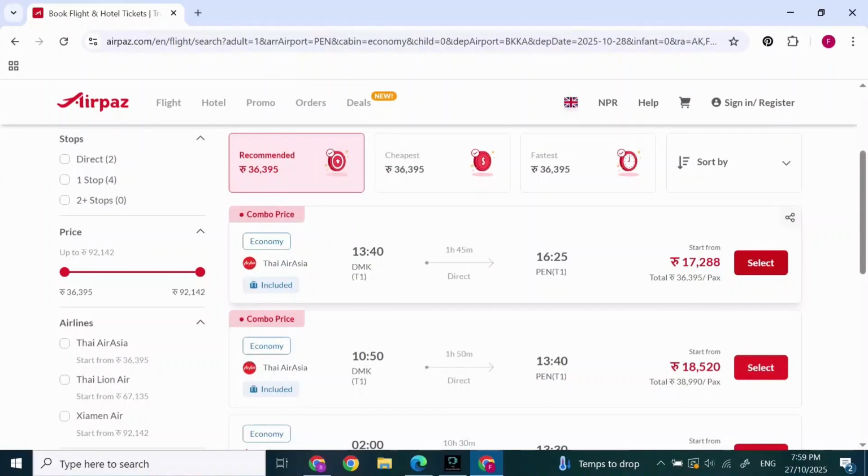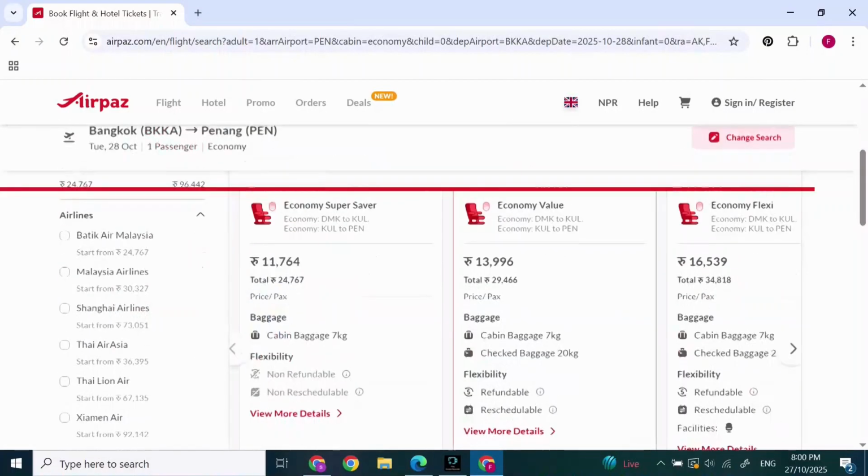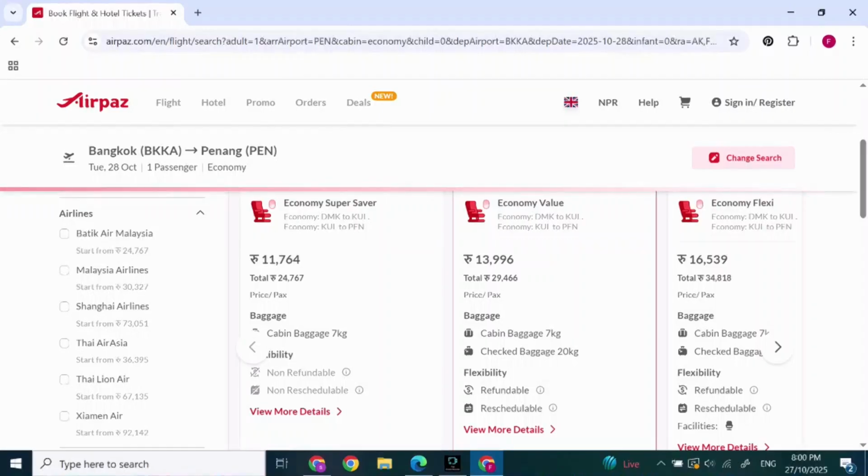After you've selected the flight, press on select. After you've pressed on select, you will find this kind of screen pop up. In here, select what kind of seat you want. After you've selected what kind of seat you want,